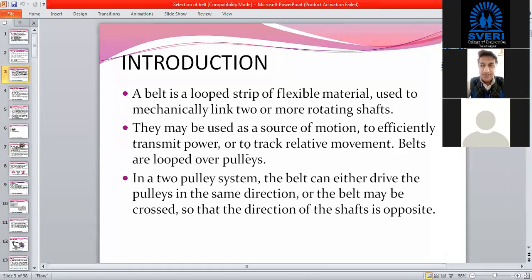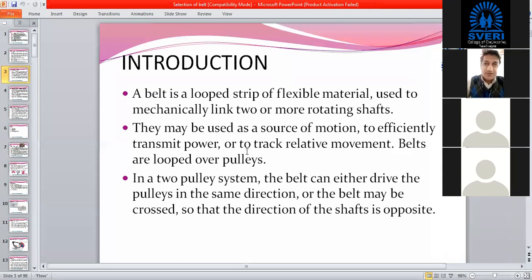Have you seen such cases that when the required torque is going to increase, then the belt is going to slip on that pulley? Yes, sir. Yes, that means it is not a positive drive. Belts are not coming under the category of positive drive, right? But gears and chain drive are coming under the category of positive drive.